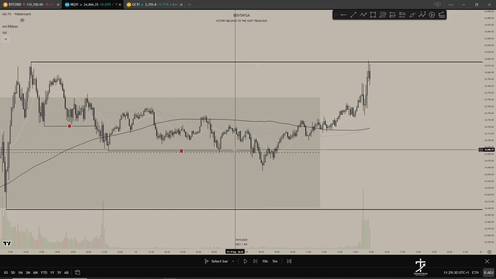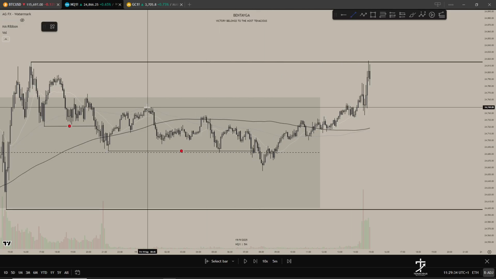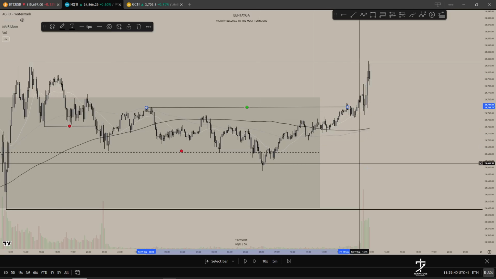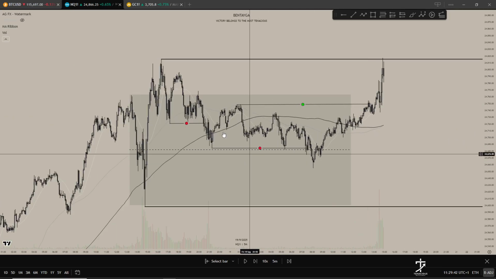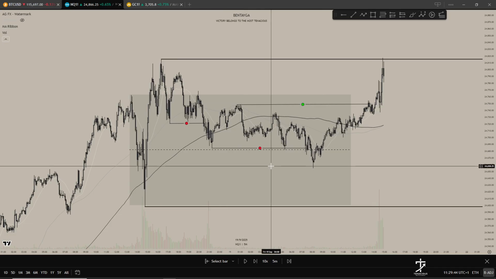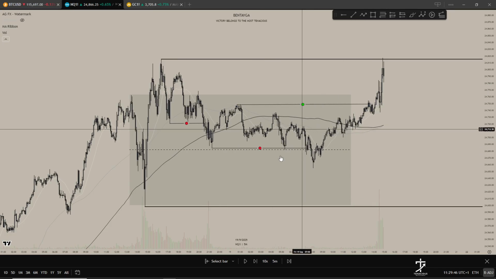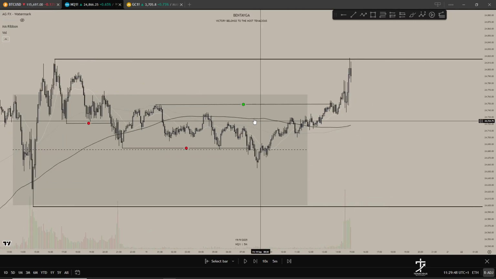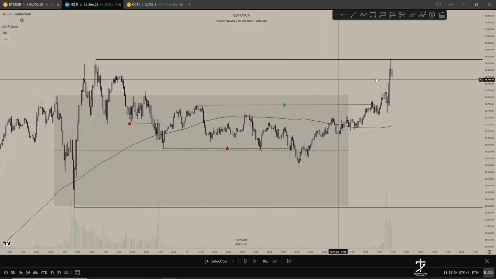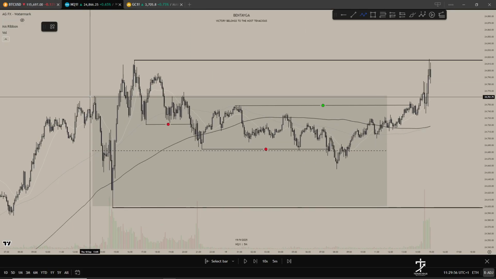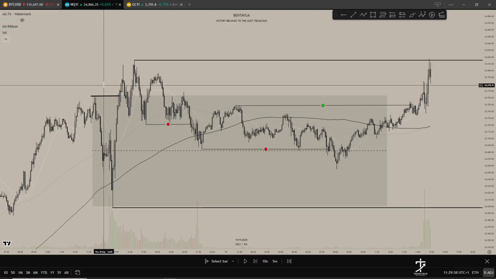and then we ended up taking out this high internally. So now not only is price bullish externally, but also now price is bullish internally. So if I now want, and the SMAs are now in line, so now if I want to start looking for longs, I can. And then you guys can see for yourself, obviously we've had this market structure break,